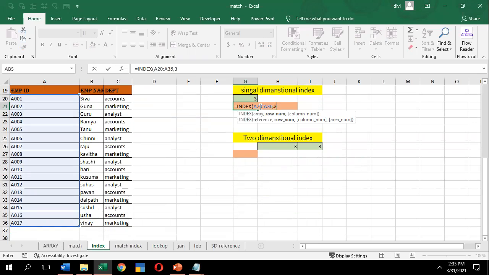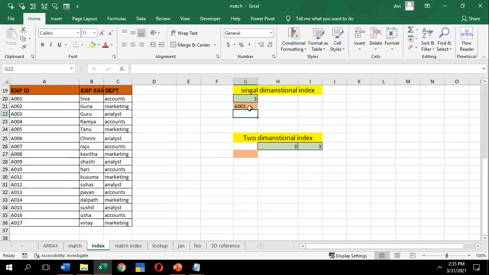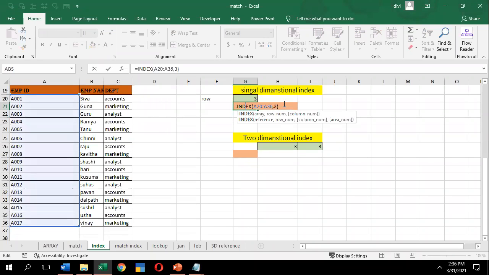Let me type 3, close the parenthesis, enter. What is in the third place? Third place is A003. This is called index. The exact value you asked for is returned. I want the row of the third place, and it is A003.